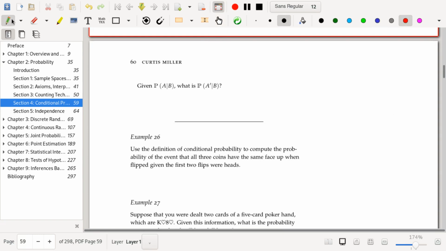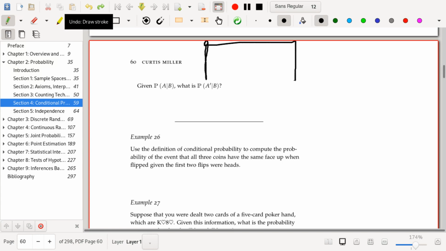And in fact, the probability of A given B is a proper probability measure. And we get important facts. Like, for example, given the probability of A given B, what is the probability of A complement given B? You feel like what you should have is that it's 1 minus the probability of A given B, and that is, in fact, true. Let's prove this by first considering